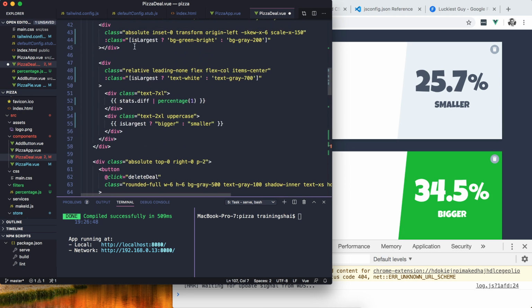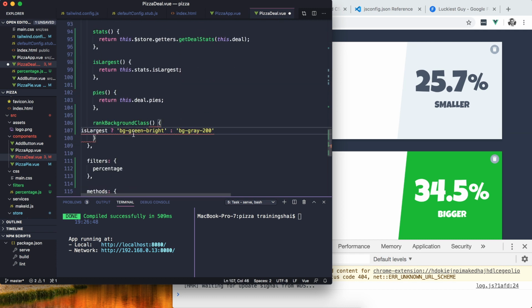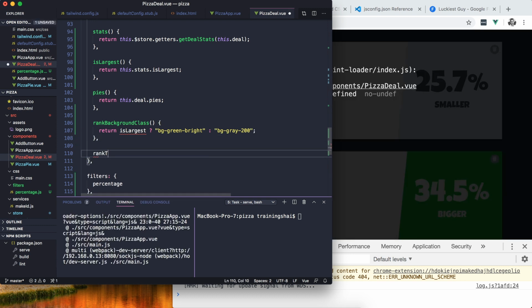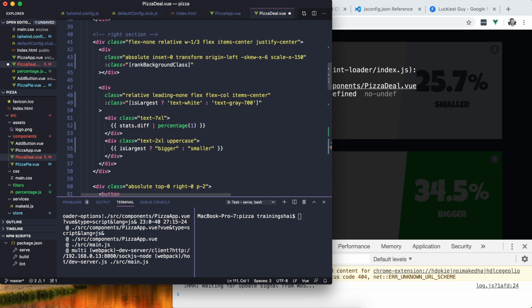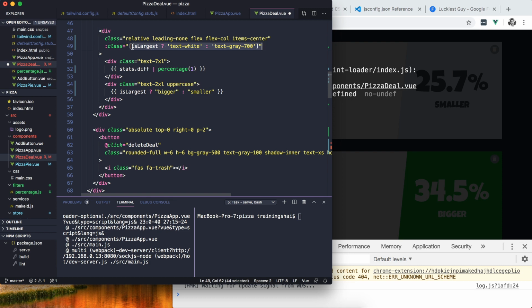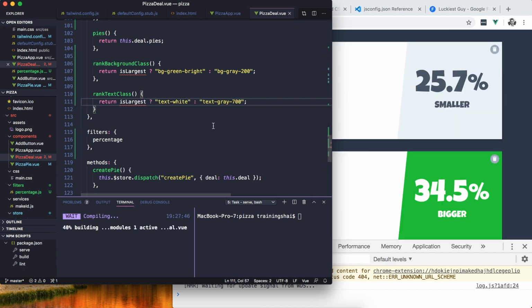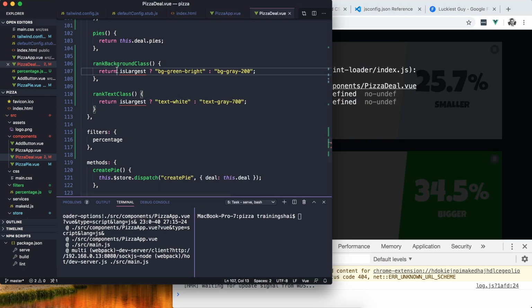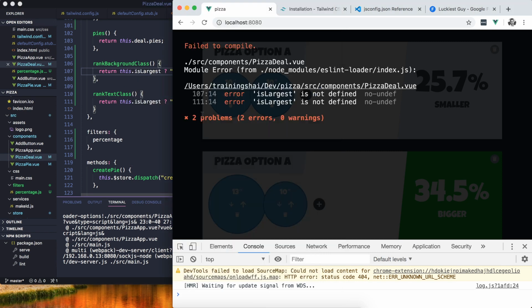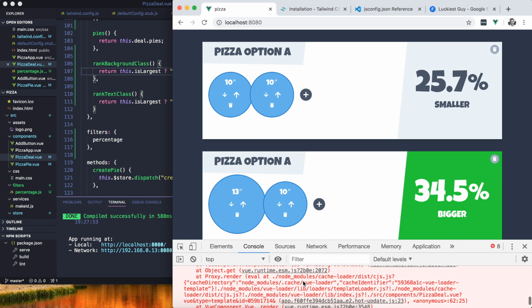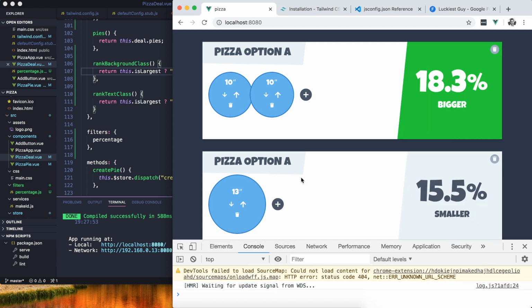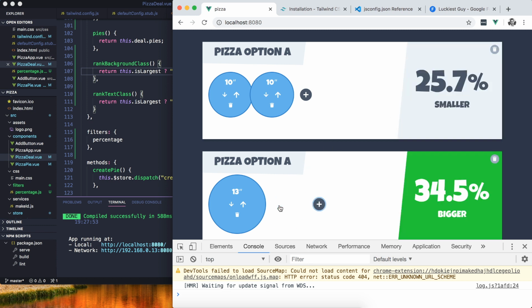And I'm going to bring in this. And then rank text class, we're going to say, and we need to say this.isLargest because we're within the script part of the template now. Okay, so that's now working,